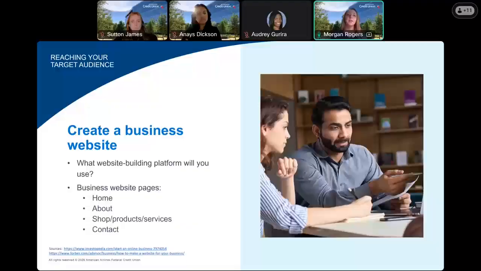All right, so let's talk about one of the last steps. After you've decided on your branding, you can create a website. Even if you do not run an online business, which most of us do nowadays, most customers will want to visit you online, so you should consider creating a business website. Most people will want to either do business with you online or at least find out a little bit more about your business before visiting your location.